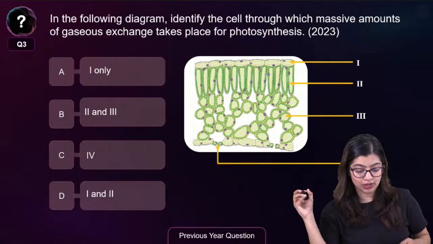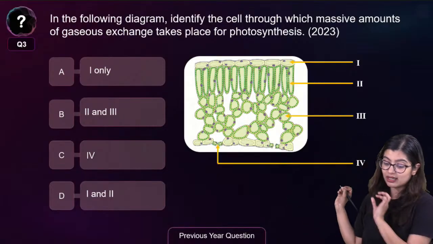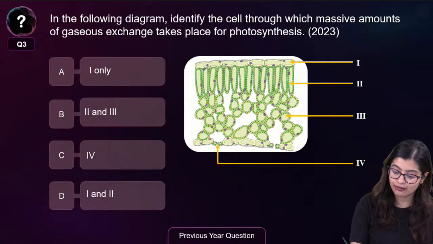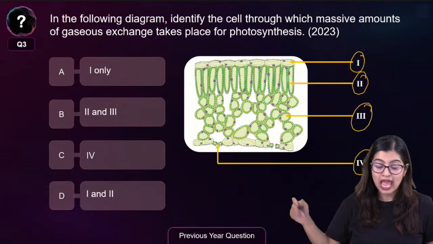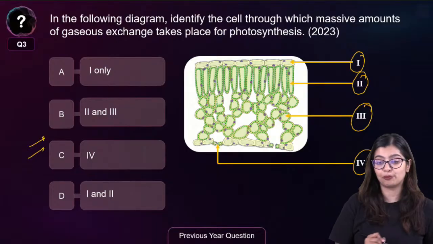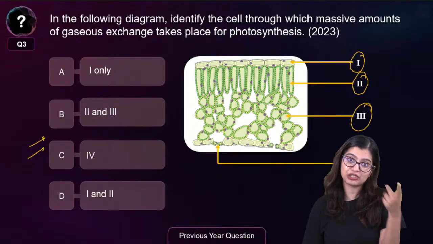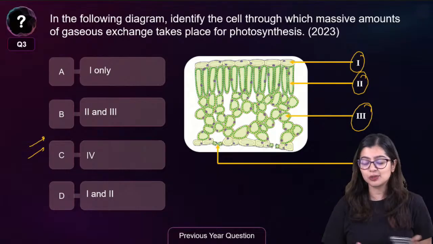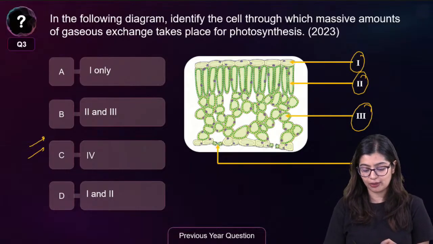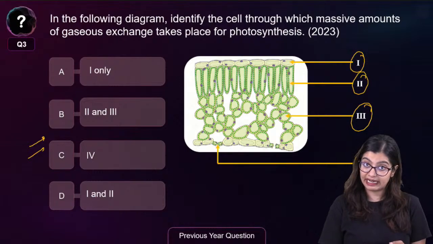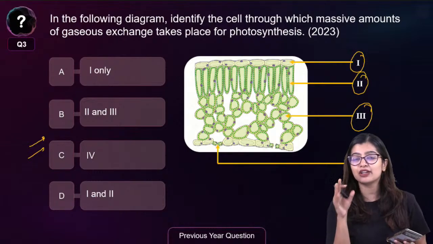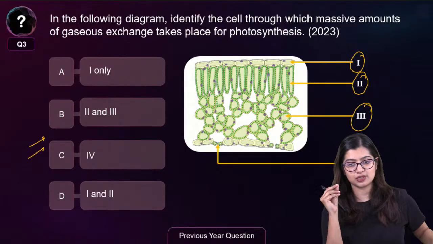So in this particular case, can you tell me which would be the correct answer? You have options 1, 2, 3 and 4 given to you. And now you have to tell me which is the correct option. So this is how your questions will come in the board exam. And trust me, I have not even taken old questions. I have taken only from 2023, 2024 primarily because 2023, 2024 have competency questions, right?